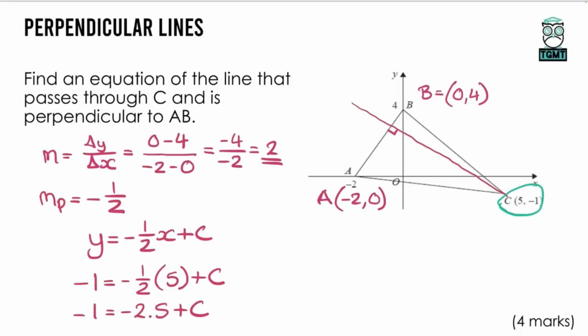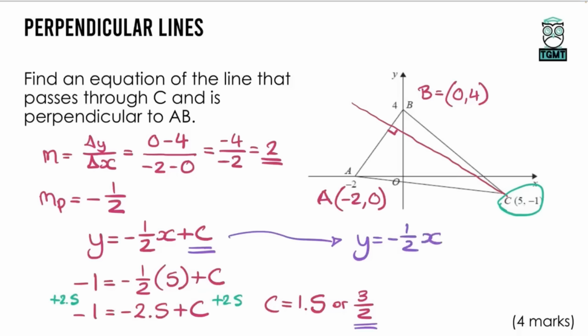To get the value of c now, we just need to add 2.5 to both sides of our equation. That will isolate c. We will then have the value of c. So c is equal to, and again you can do this on the calculator, -1 plus 2.5 is equal to +1.5. Or you could write that as a fraction. If you want, you could leave it as 3/2. So for this one, we now know the value of c. All we're going to do is put this value of c in place of c in the equation that we'd already written. And here we go, we would have y equals